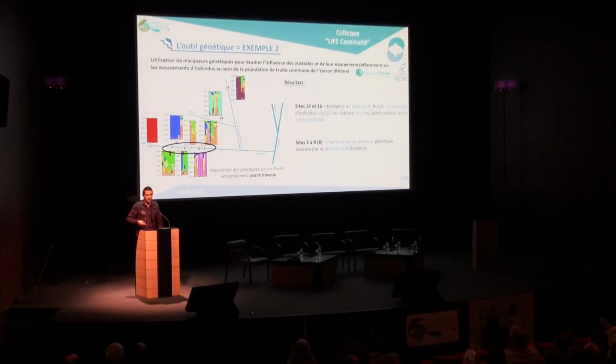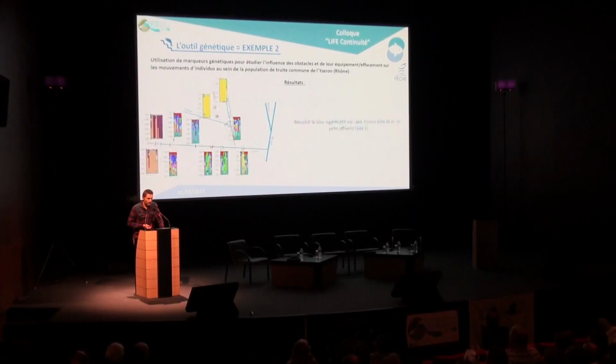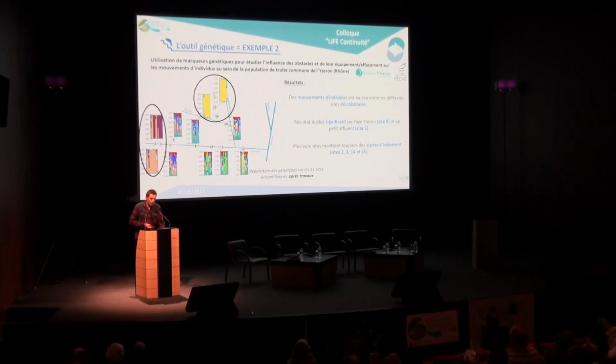And on this axis, we have a genetic diversity assured thanks to input from upstream. So some works were done and we did some experiments again, and we realized that we had individual movements